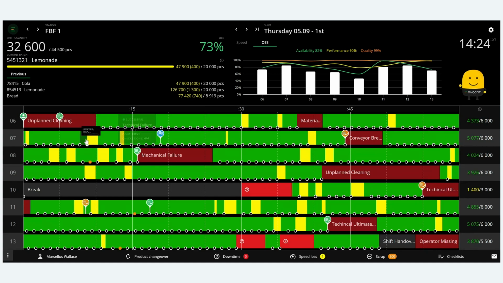So the way I can see that is if it's already dark red, that means I've already commented on it. If there's a question mark and it's in lighter red here, then my responsibility is to tell the system what happened at that time. So after the break at 10 o'clock, there was a period of downtime here. What I'm going to do is just click on this,